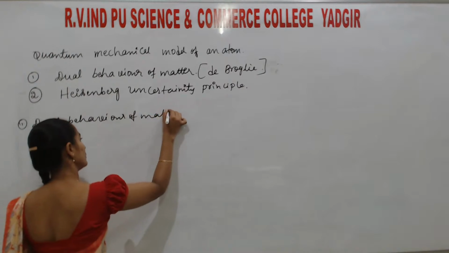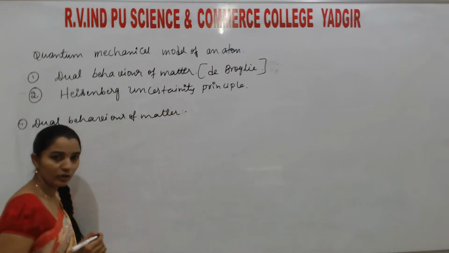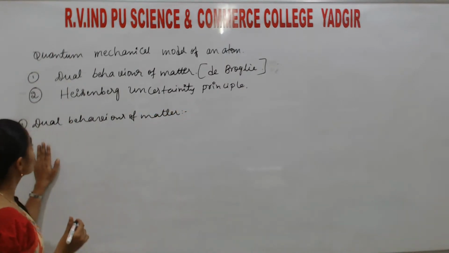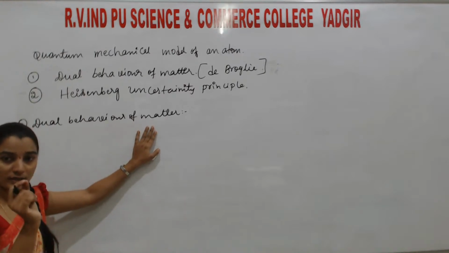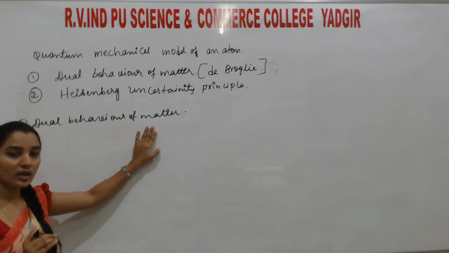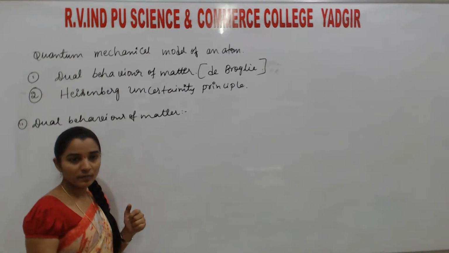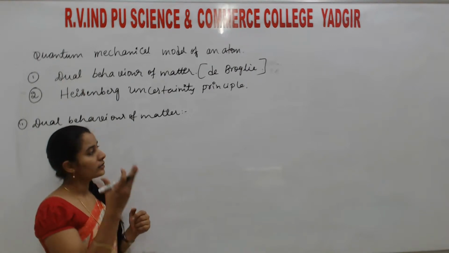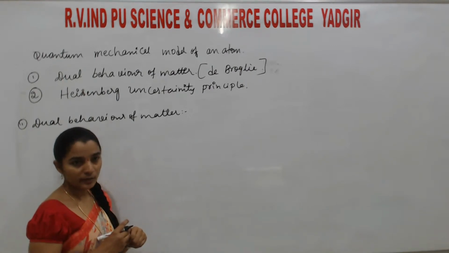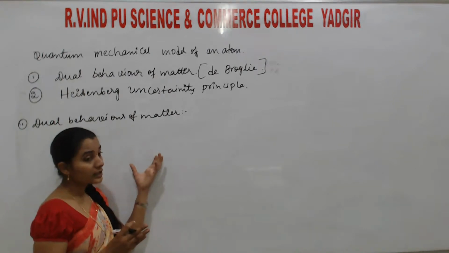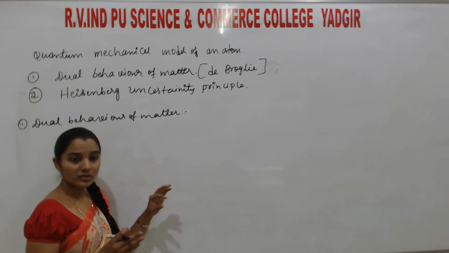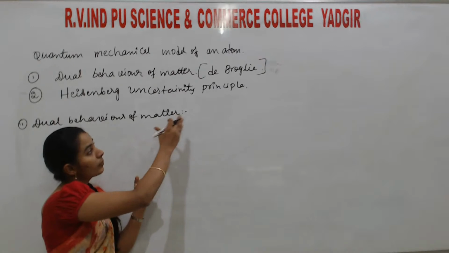Okay, so students, this dual behavior: one is the particle, another one is the wave. That is explained by the two scientists. Einstein also explained the same thing, and Planck also explained the same thing. By considering the equations of both Einstein and Planck, this de Broglie